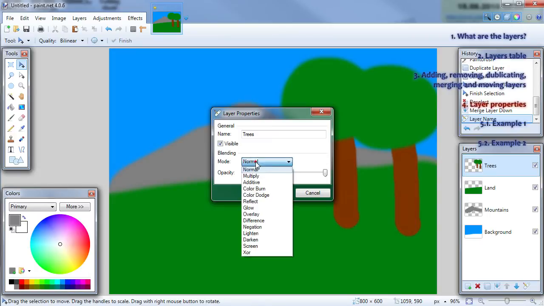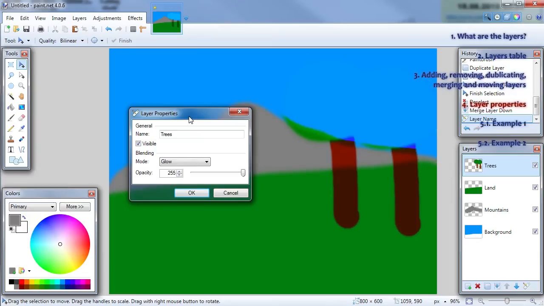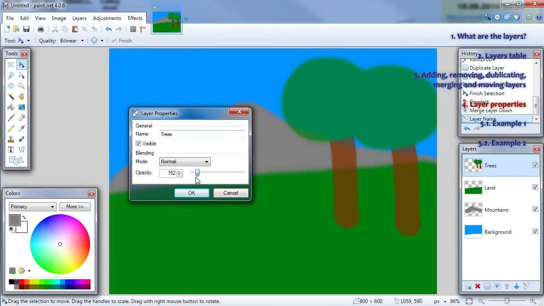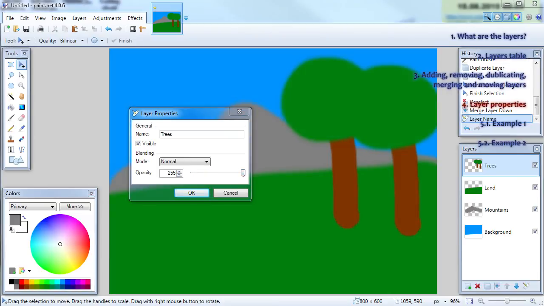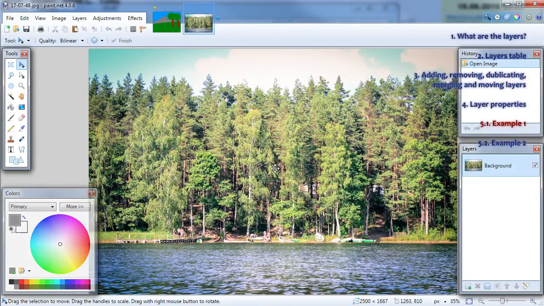You will have to play with blending modes to see what is going on, but in simple words, they will give you different looks. By lowering opacity, you will be able to see the layer below or make the effect less effective. You just saw one example with just adding layers and changing one of the opacities, but now let's see more